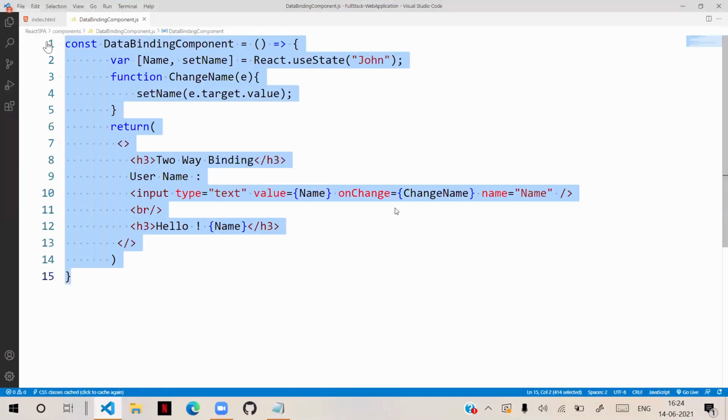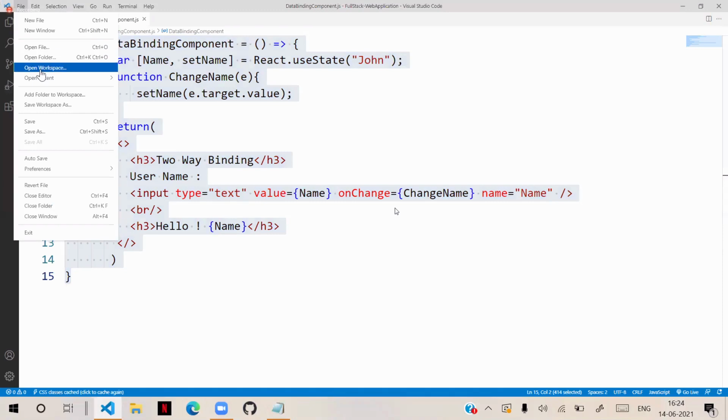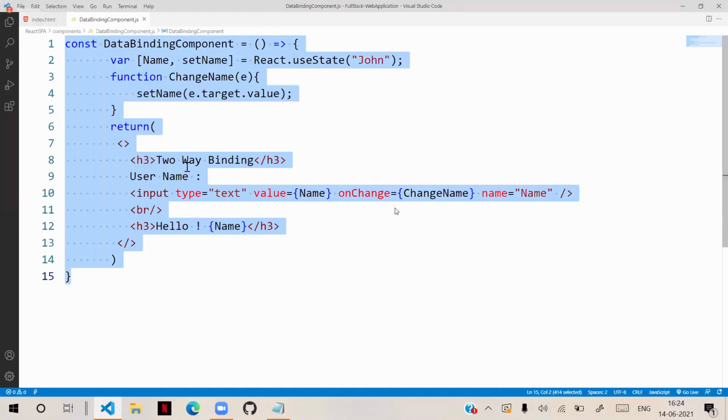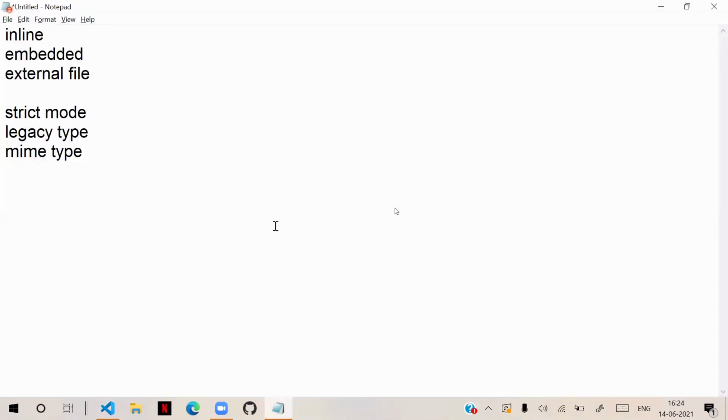After understanding these points, the next important thing in JavaScript you need to learn is how JavaScript refers to HTML elements. That is another point.